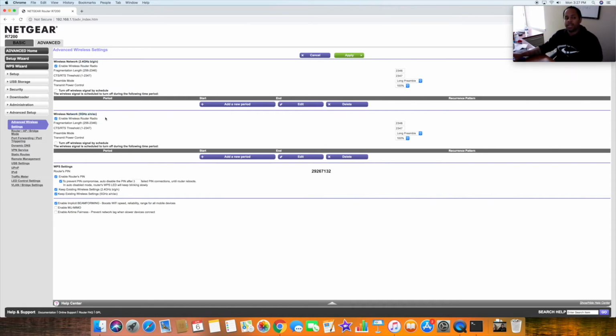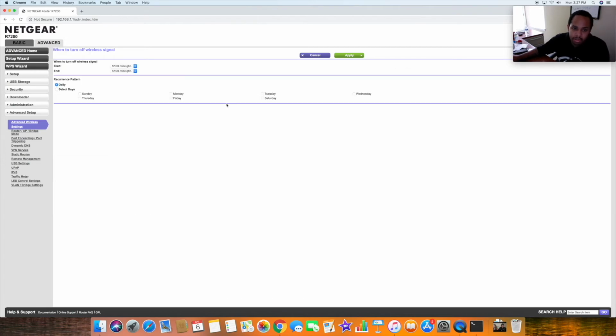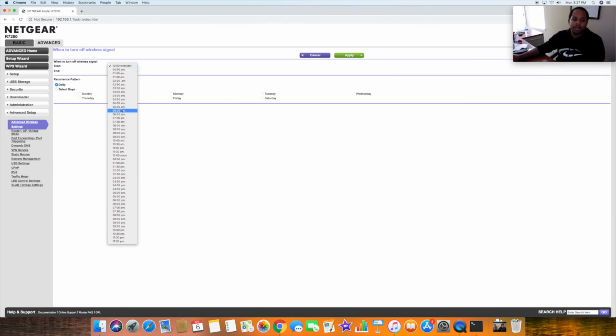So what you could do is get creative on this router. If this was the router you had and you wanted to utilize this instead of the Circle service, you could actually set up a schedule to turn this off at a certain period. So I can set it up to turn off. I can set it to start